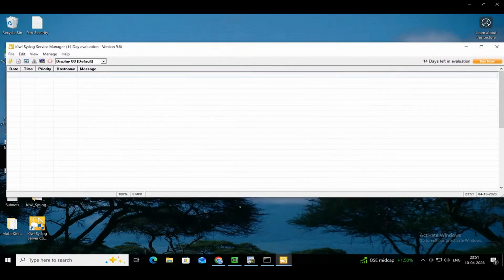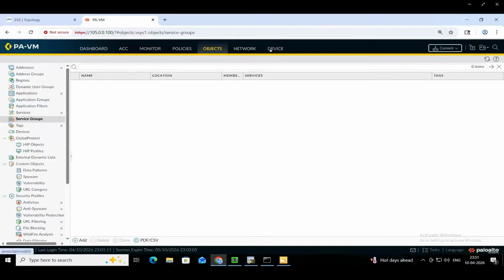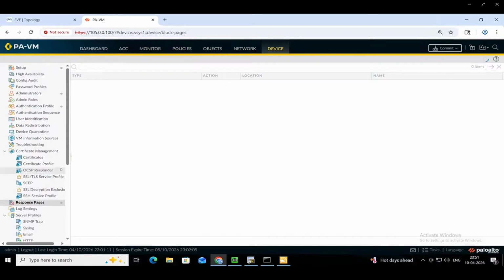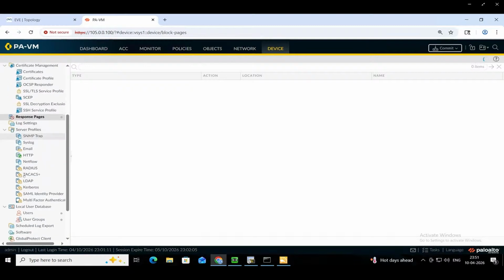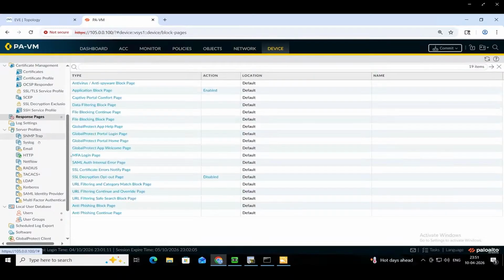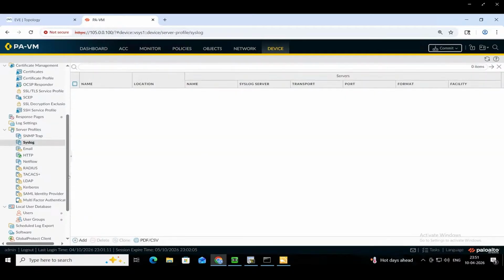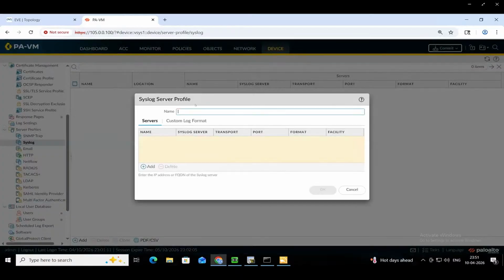Now we'll configure syslog. So three steps are there in total we have to understand. Go to devices. Inside a device, can you see server profile? So different type of log servers we have, or different type of other servers: SNMP, syslog, email, HTTP, NetFlow. Right. So if I come to syslog server and click on add here,